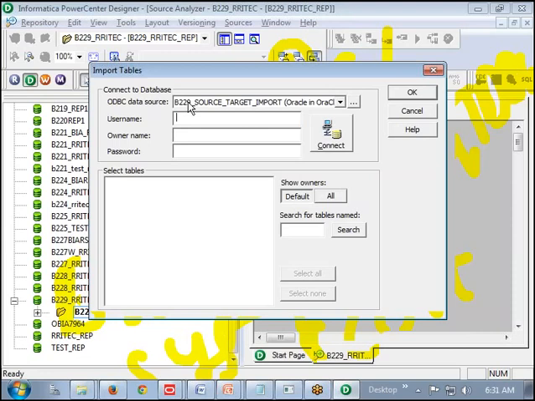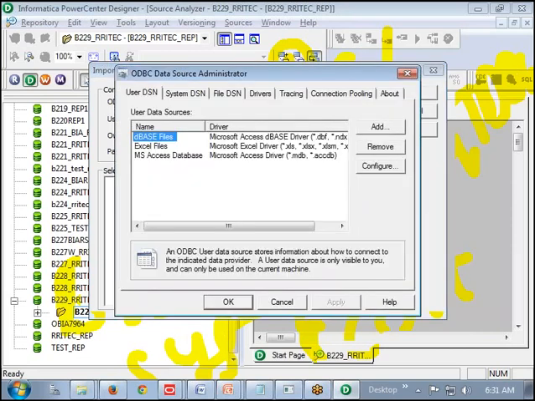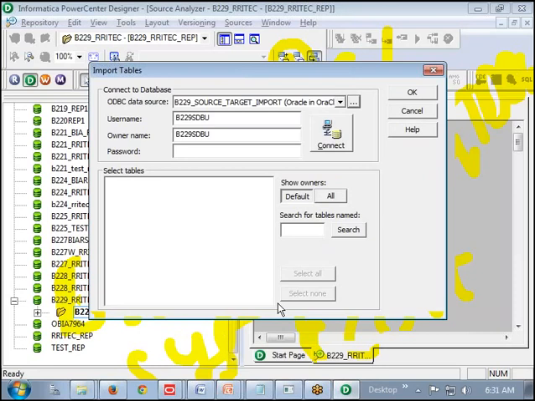In the ODBC connection, whatever username you gave when creating is not permanent; we override it using this username. Provide the username as B229HDBU. Then owner name will populate automatically. Why did this window come? Cancel it. Owner name is automatically populated. Provide the password as RR capital I TEC small 123.